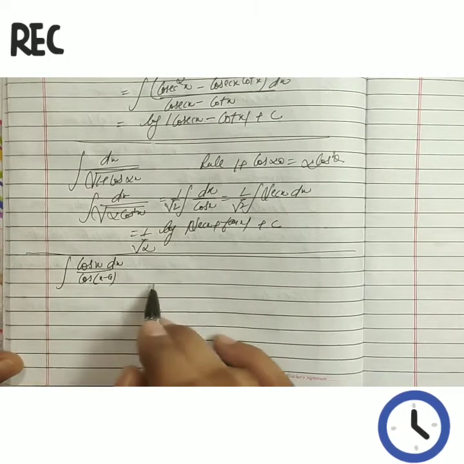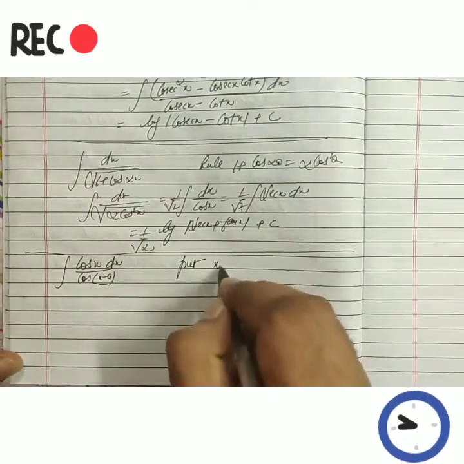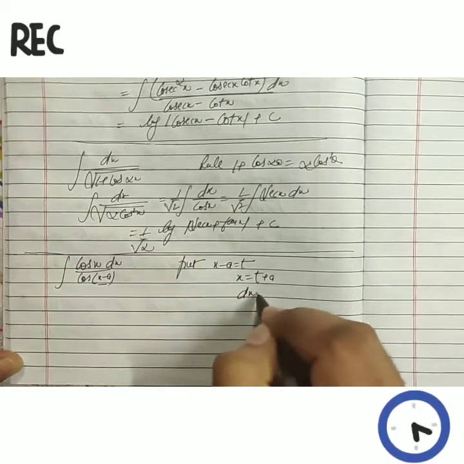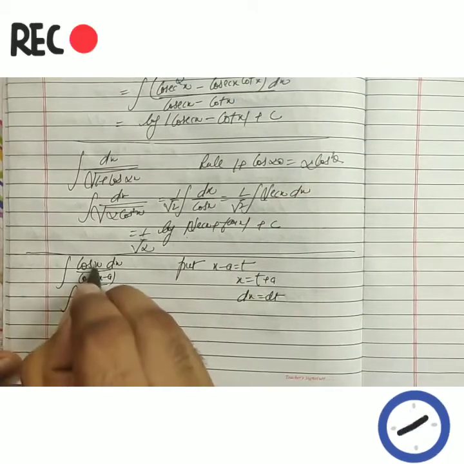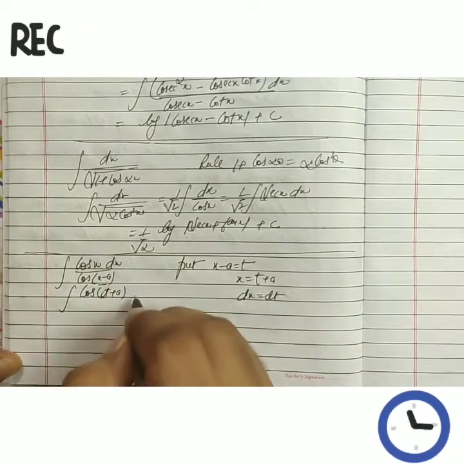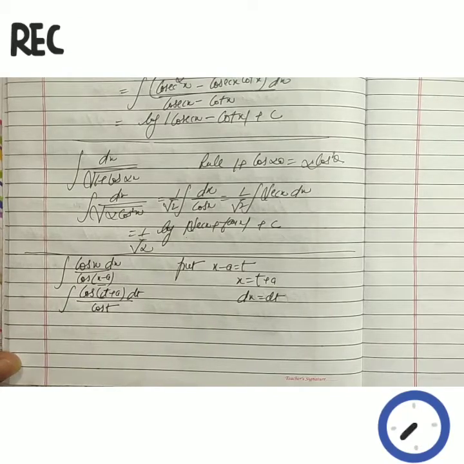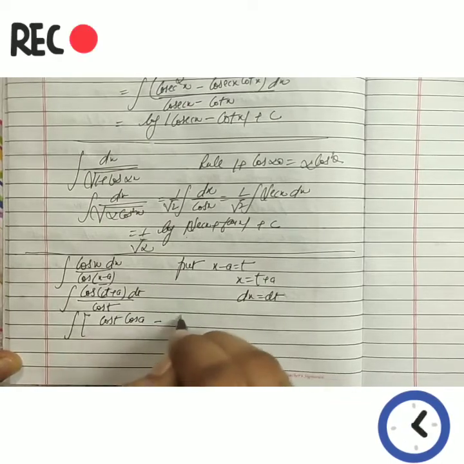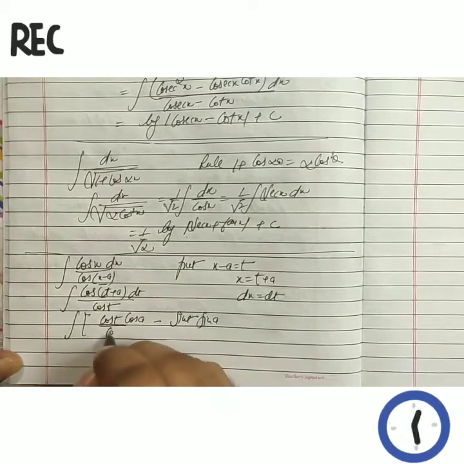If you see here in the denominator we have the identity cos a minus b. We cannot expand in the denominator, so we make it a single term using the substitution method, taking the full angle as a new variable t. So the value of x becomes t plus a, and dx becomes dt, derivative of a becomes 0. Using the value of x as t plus a and dx as dt, now using the identity cos of a plus b in the numerator, we get cos a cos b minus sin a sin b divided by cos t